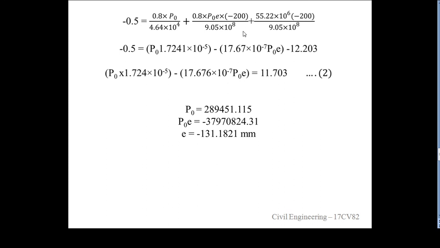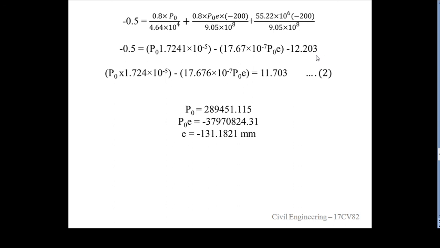So substituting this value, we get this equation minus 0.5 of P naught 1.7241 into 10 raised to minus 5, this 0.8 divided by this value. Then 0.5 into minus 200 divided by 9.05 gives 17.64 into 10 raised to minus 7 of P naught into E minus